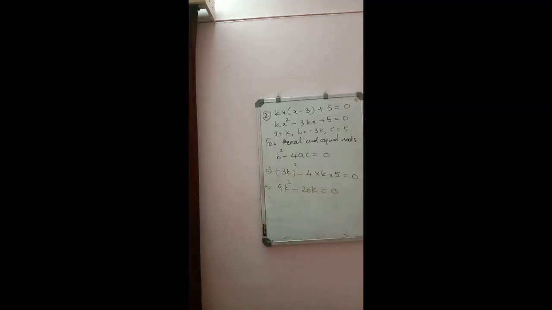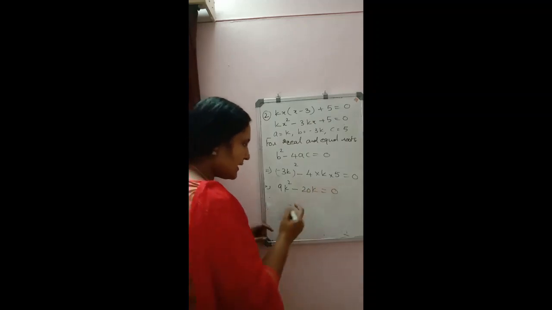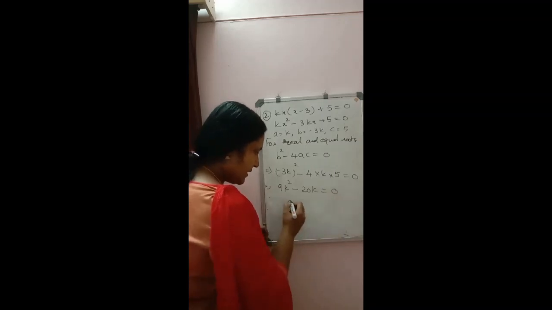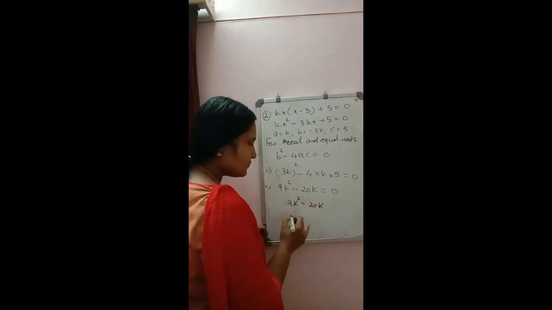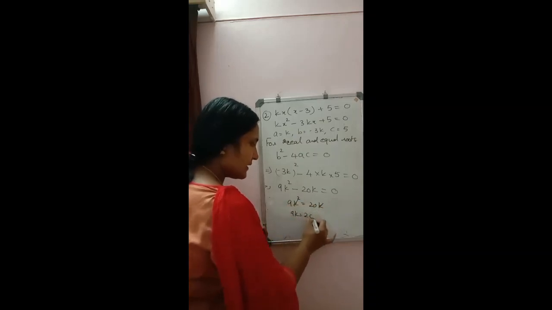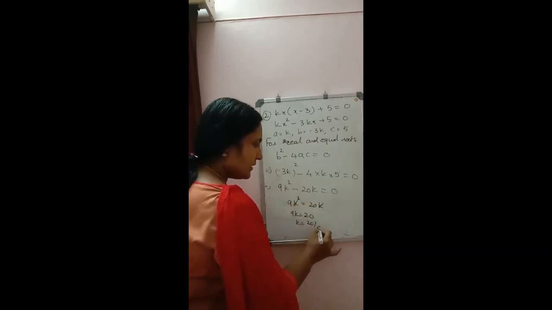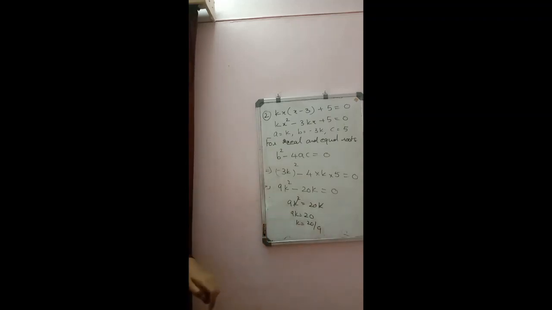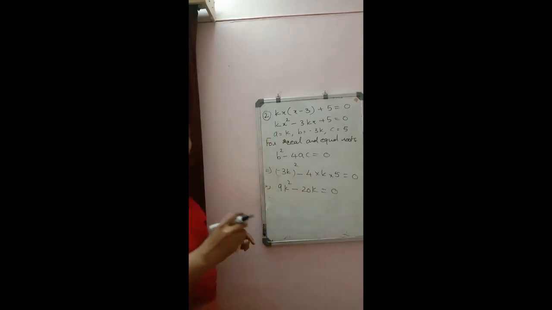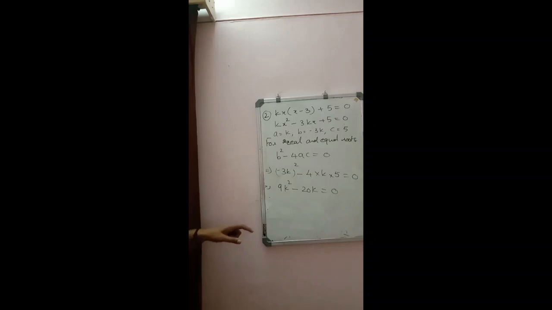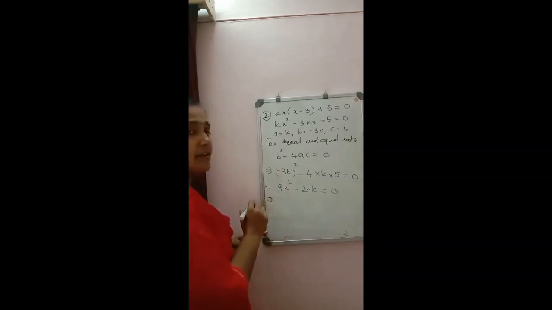Here we are getting a quadratic equation. Mostly in this question what mistakes students are doing, they are shifting this 20k to the right hand side. Don't write this one, 9k square is equal to 20k, and then they will cancel this 1k, then they are writing 9k is equal to 20, k is equal to 20 by 9. So at present we are getting only one value, but we know if it is a quadratic equation, it should have two values of k. They might be equal, but the number of values should be 2 there.